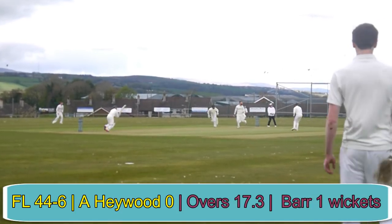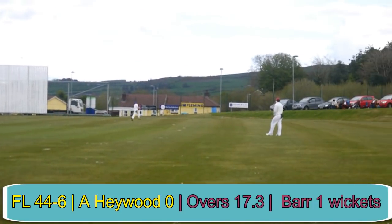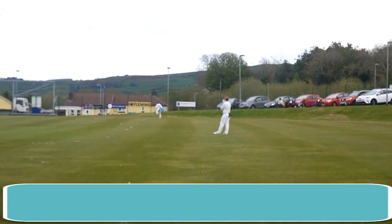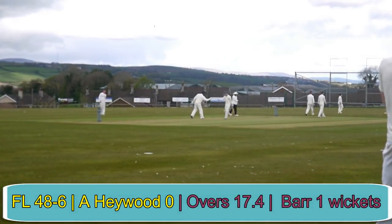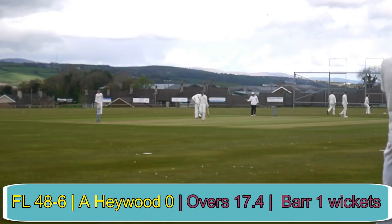Barr running on this time to Jamie, and that's a great shot from Jamie. Just pings him over into Cow, and that's going to be 4 runs. That's a great shot, and this is going to keep the scoreboard ticking over. Fox Lodge at this point are just realising, I think, if we can get above 70 and just not be